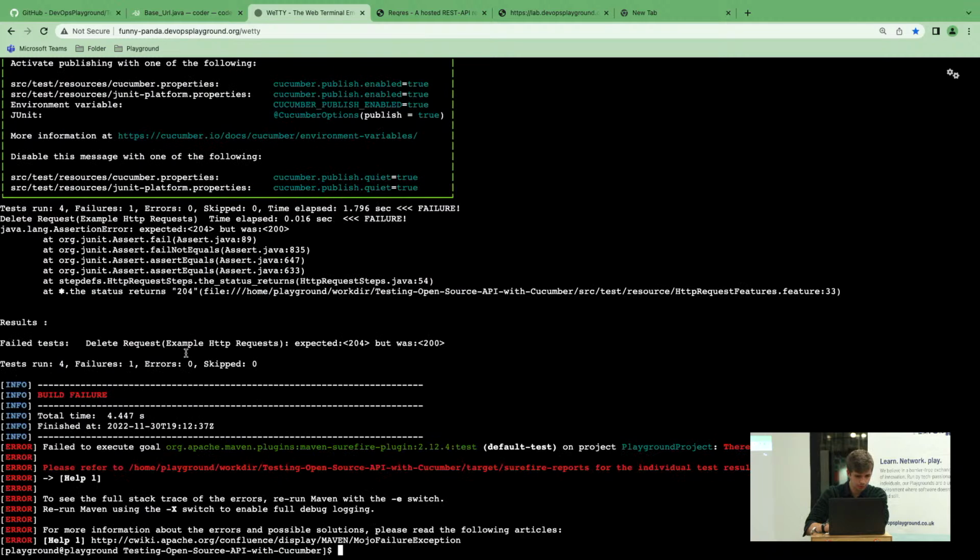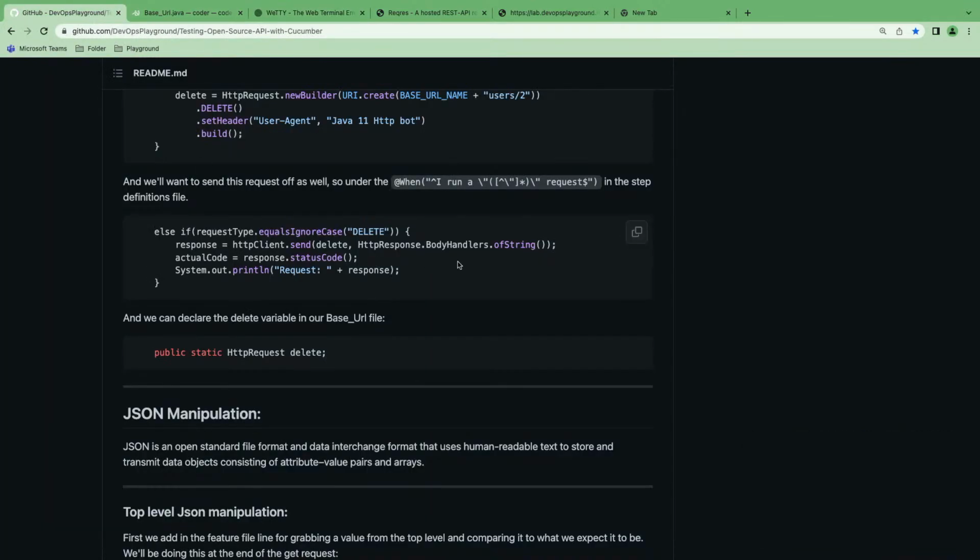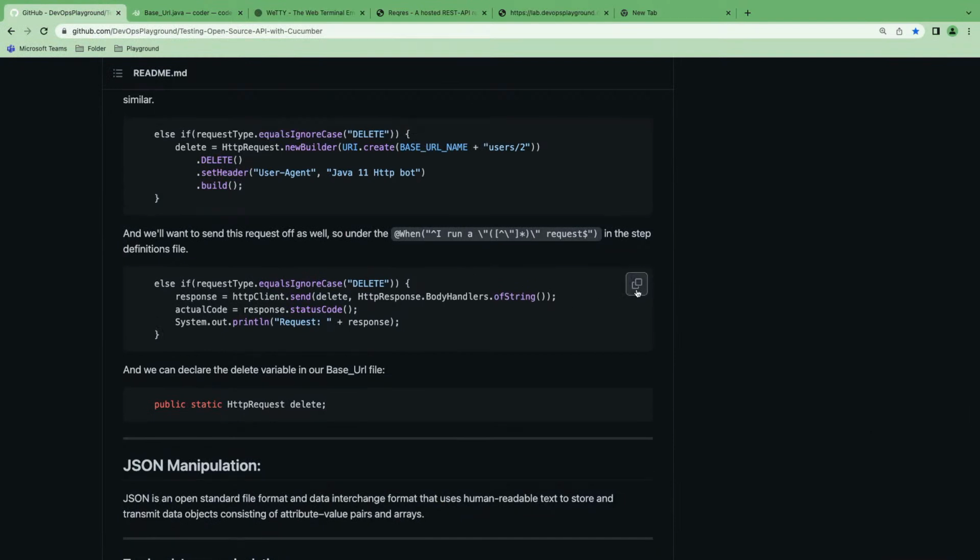And we have a build failure. Expected 204 but was 200. I must have missed something in the README. Bear with me. Did I miss? Yeah, I think I did. Okay, so I think I missed a step, which was this guy. So you want to copy this guy,